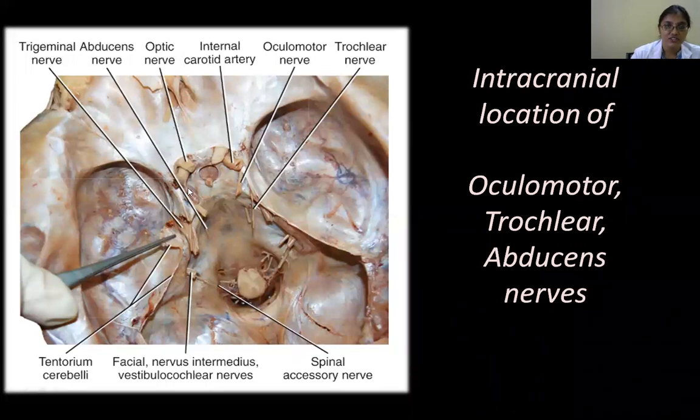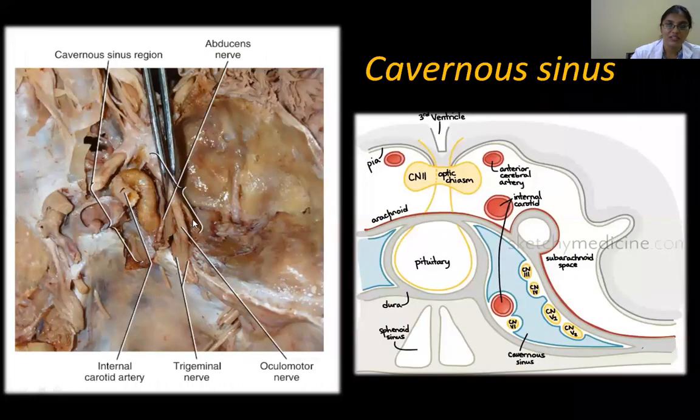So this is actually the location of your cavernous sinus. This is where it is present. So the dura and then the meningeal layers, they have elevated to show you the cranial nerves which are going beneath it. You can see this is the oculomotor nerve, and then you can see the trochlear nerve. So they go here, beneath the tentorium cerebelli, they pass and they go. And here they expose the cavernous sinus.